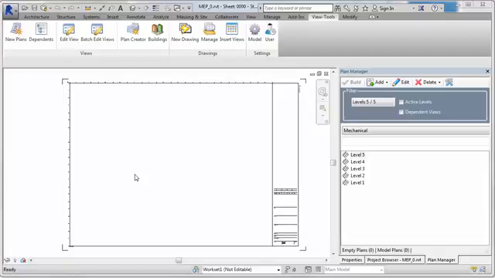Okay, so this presentation will show how we can quickly create some floor plans and a set of sheets, maybe even schedules, and insert those views onto sheets in the quickest amount of time possible. So if we wanted to change the scope, we're going to use the plan manager overall, it's just a matter of the manage drawings, and if we wanted to rename everything that was views here